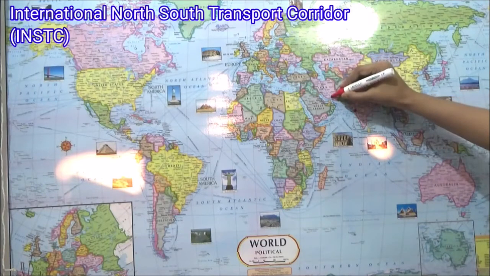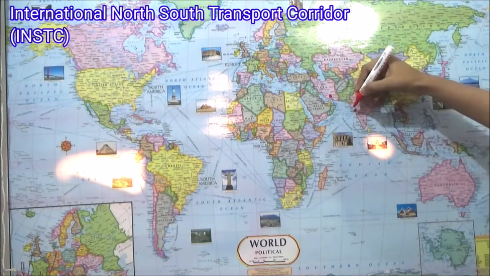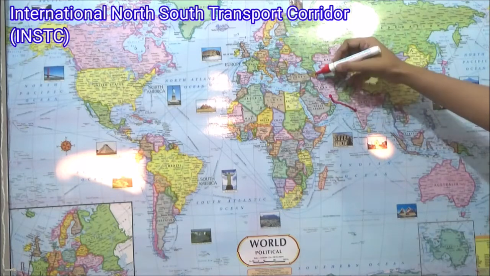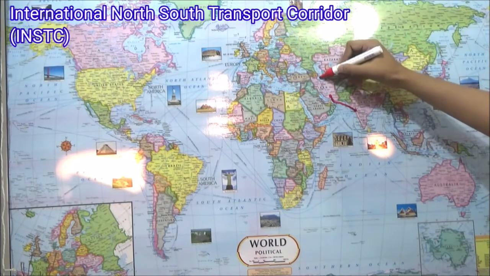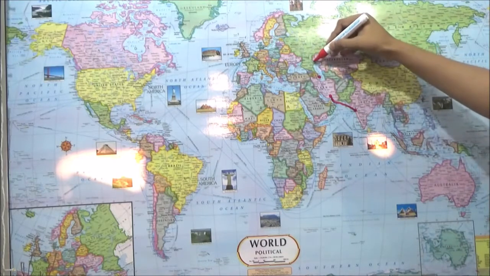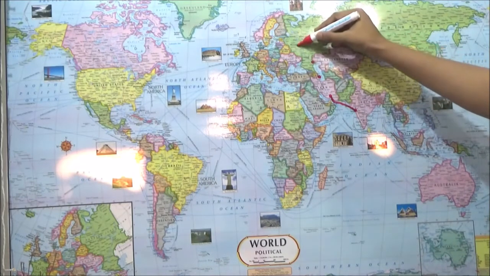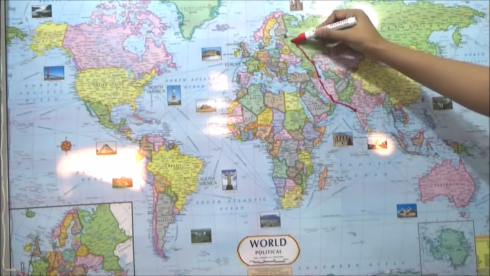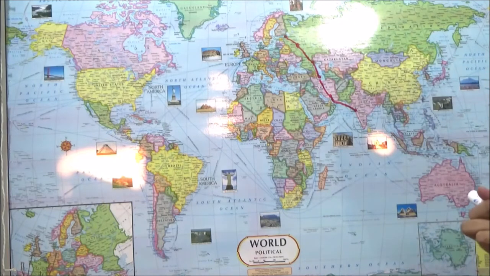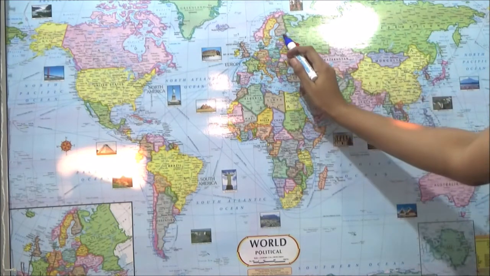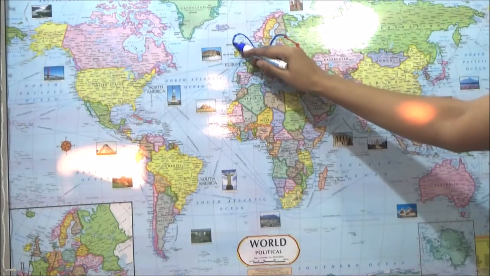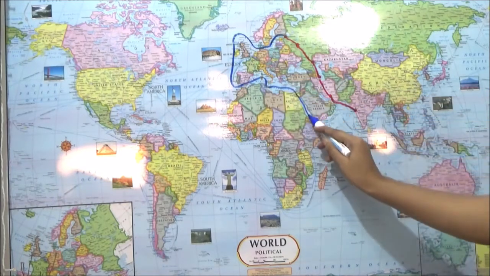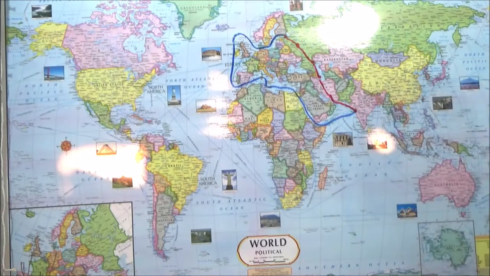Now I am marking out the points of the International North-South Transport Corridor. So it goes from India to Bandar Abbas in Iran, and then to Azerbaijan, into Moscow, and then St. Petersburg in Russia. So connecting all these dots. So this particular route is the North-South Transport Corridor, and now I am drawing out the standard route. It was a very long route. This particular corridor was also in the news for a very long time, so it's also very important for us.